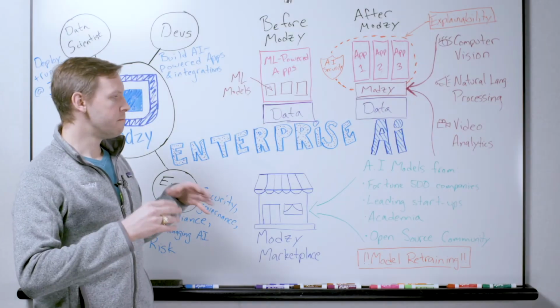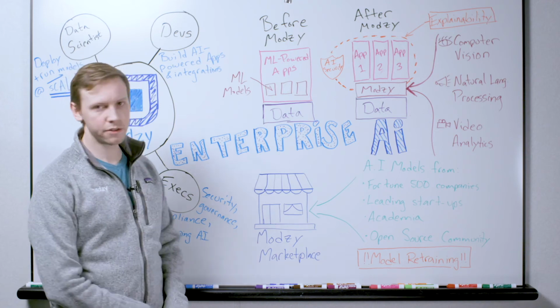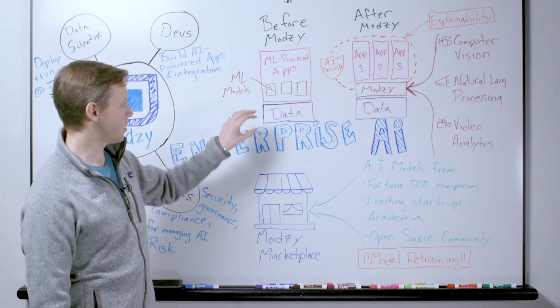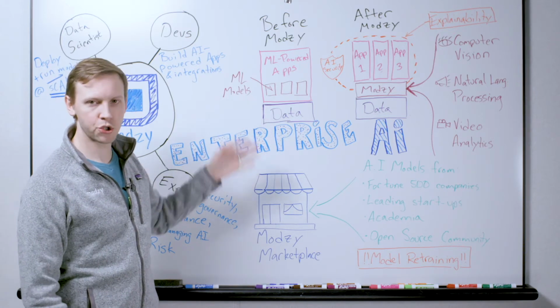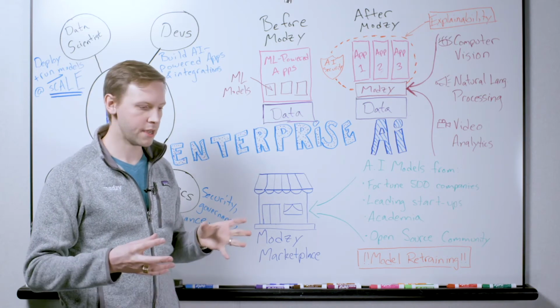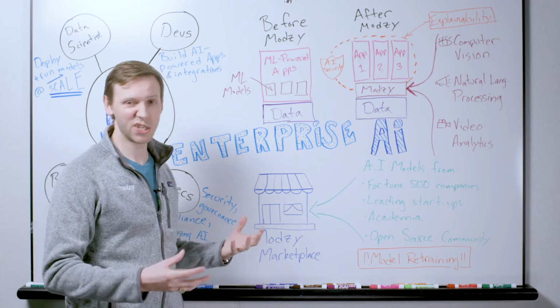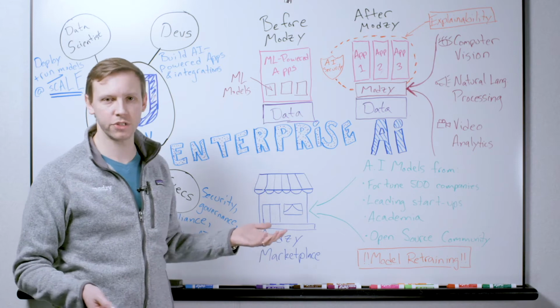So machine learning, relatively new field. Historically, if you wanted to build a machine learning application, you had to do things in a very monolithic way. So you start with your data, always good to start with data when you're doing machine learning, and then you train what we call machine learning models. These are essentially representations of a bunch of historical data that you can then use to make predictions or classifications about new data. We call those inferences.